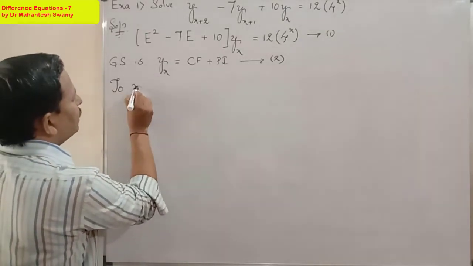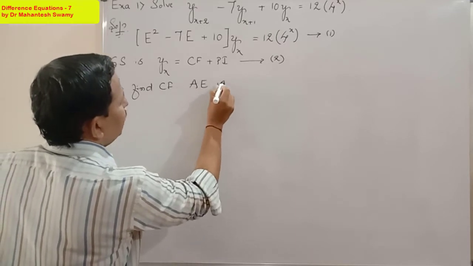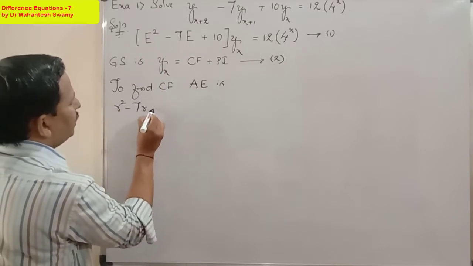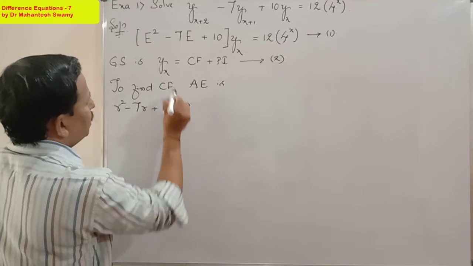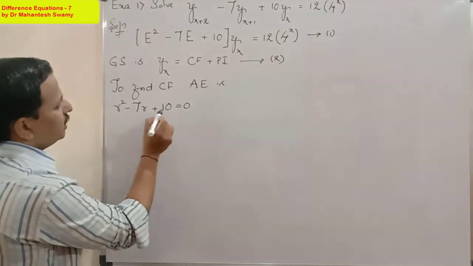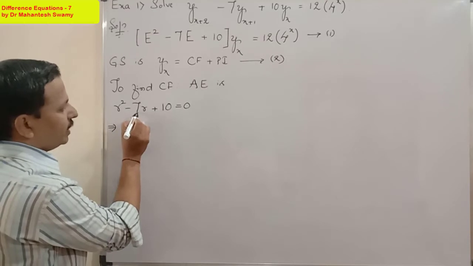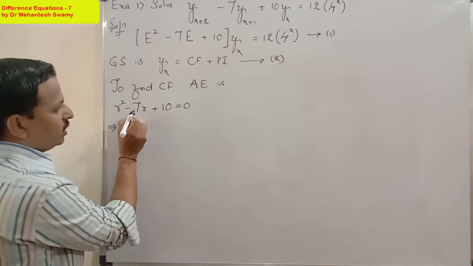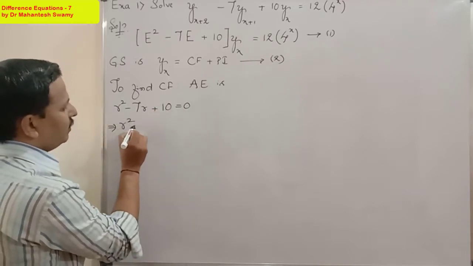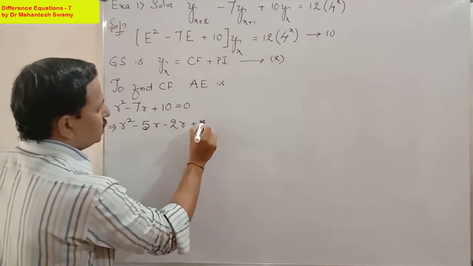To find the complementary function, we will write the auxiliary equation. The auxiliary equation in this case is r squared minus 7r plus 10 equals 0. Simply, in this bracket, wherever E is there, replace it with r. Now, solving this equation is very simple. Factorization is possible because the factors are minus 2 and minus 5, which add to minus 7, and minus 5 into minus 2 becomes plus 10. So the factors split the middle term as minus 5r minus 2r, with plus 10 as it is at the end,